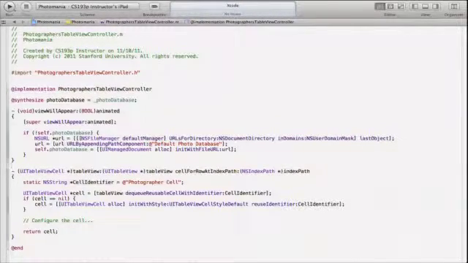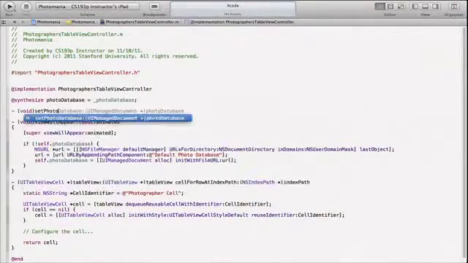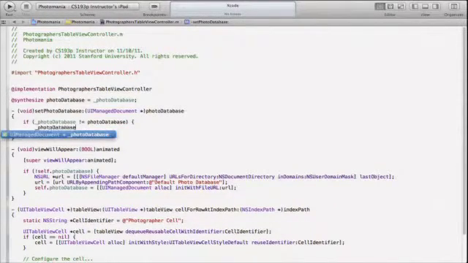Now, what about using this document? In this case, or if someone sets this document externally, I need to start using it, right? I need to set my fetched results controller basically to use its context. But how are we going to do that? I decided the way I'm going to do that is in the setter for photoDatabase. Anytime someone sets this, as long as it's changed, so if it's a new database,